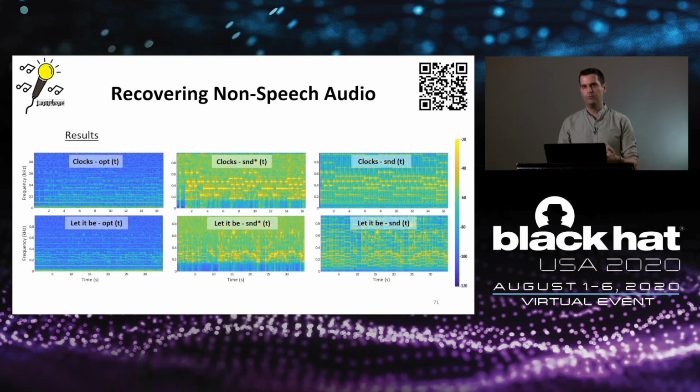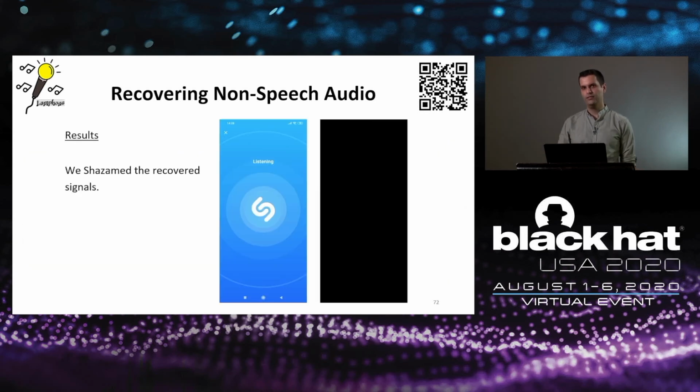These are spectrograms of the signals that were obtained and recovered and played. And for many of you, it doesn't say a lot. So in order to convince you that these are actually high quality signals, I will show you videos where we Shazammed the recovered signals, and I will show you that Shazam was able to accurately identify each one of them.